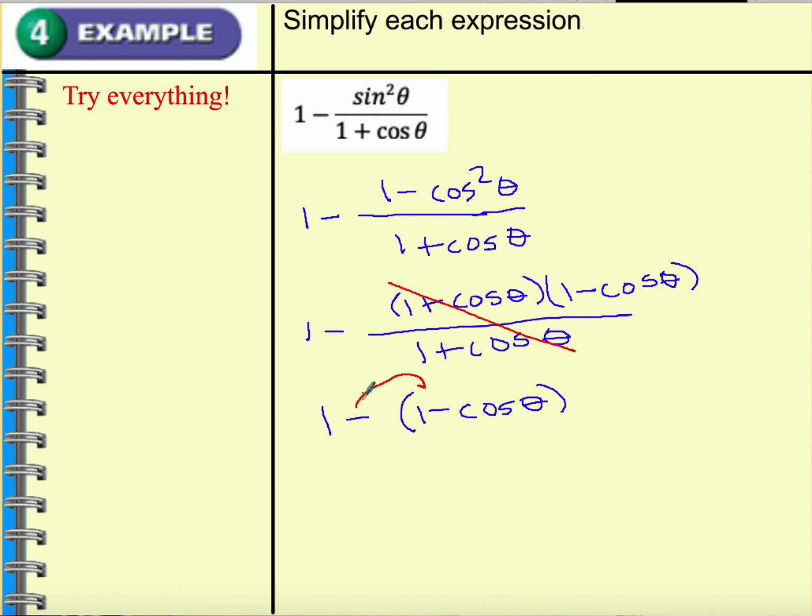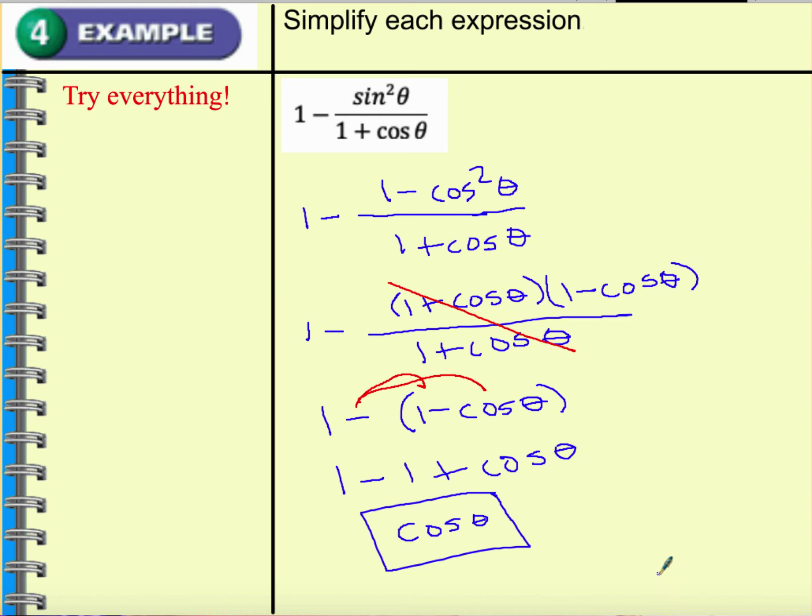We need to distribute this minus sign to both terms inside of our parentheses, and we got 1 minus 1 plus cosine. Because a negative times 1 is negative 1, and a negative times negative cosine is positive cosine. I know you know that 1 minus 1 is 0, so after simplifying, this brings us to our final answer,